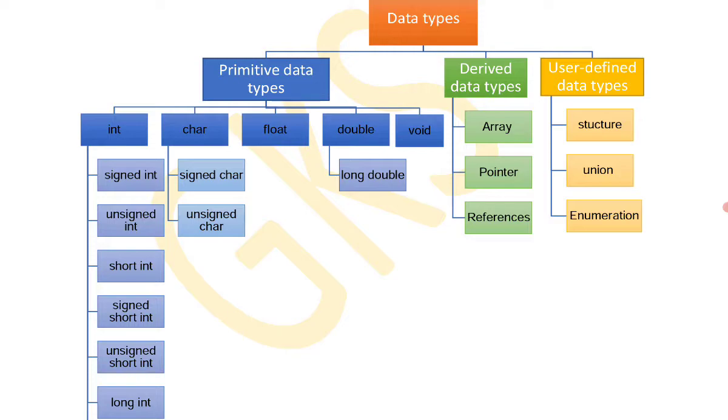For example, plus 100 and minus 100. If you give plus 100, it is a signed integer, or if you give minus 100, it is also an example of signed integers. So what are signed integers? Signed integers have some predefined